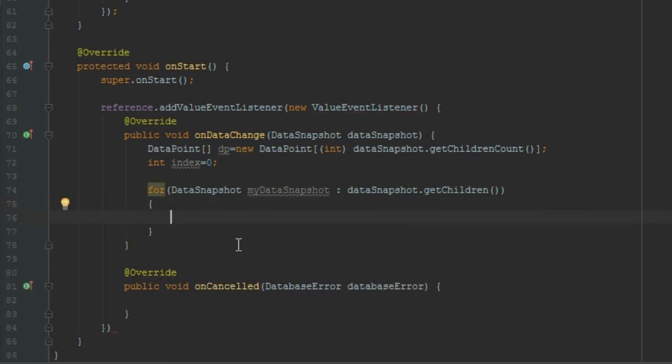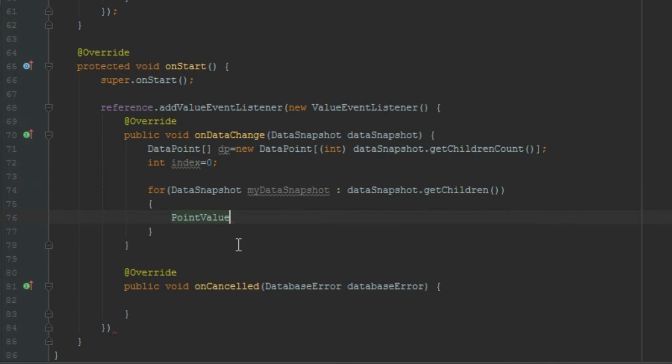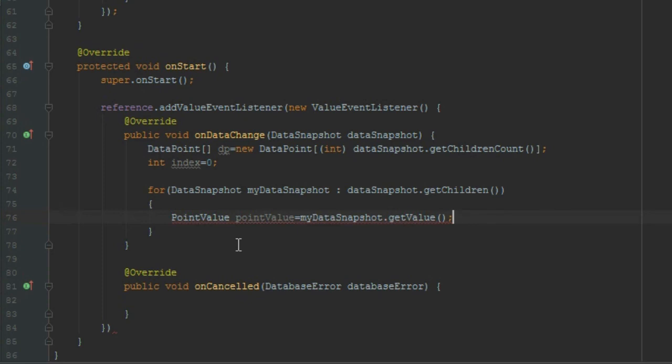Okay, so here first create PointValue objects. PointValue equal to myDataSnapshot.getValue,